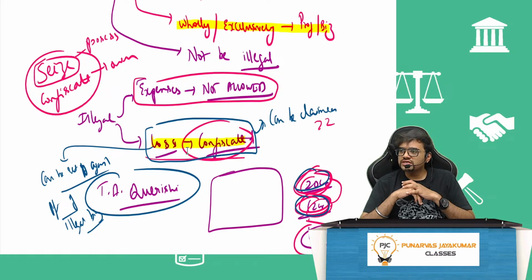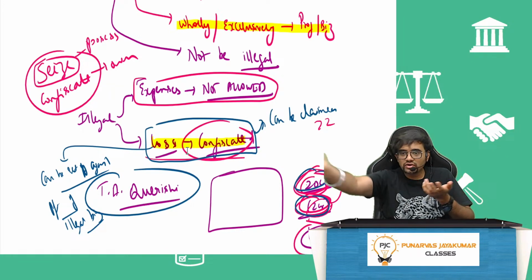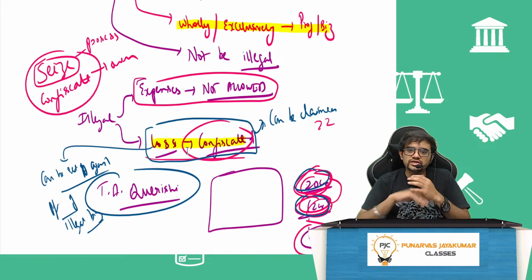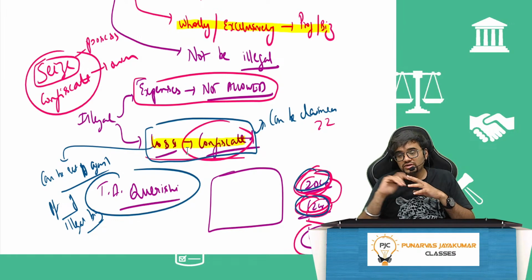So T.A. Qureshi said, sir, I will set it off. Okay, 2 crore I had to pay tax, I didn't pay. 1 crore already you have. Take 1 crore, set off. AO didn't allow, went to court. Court said it's allowed because income includes illegal income. Only expenses is not allowed, loss is allowed.